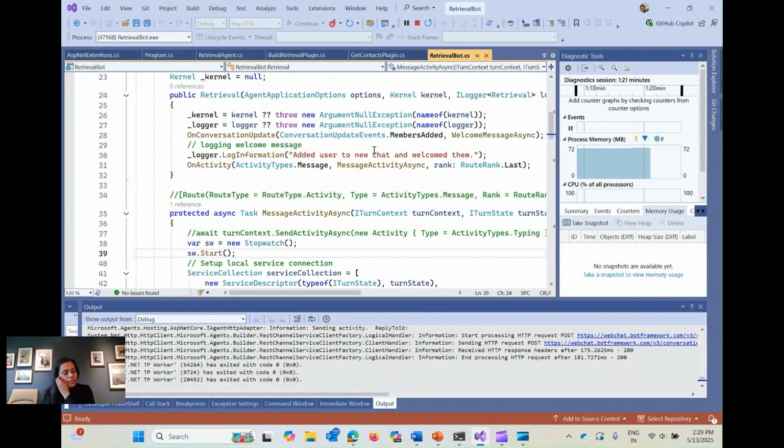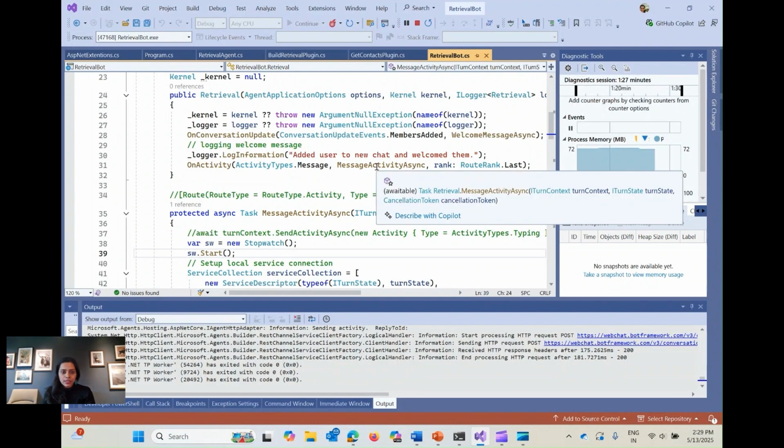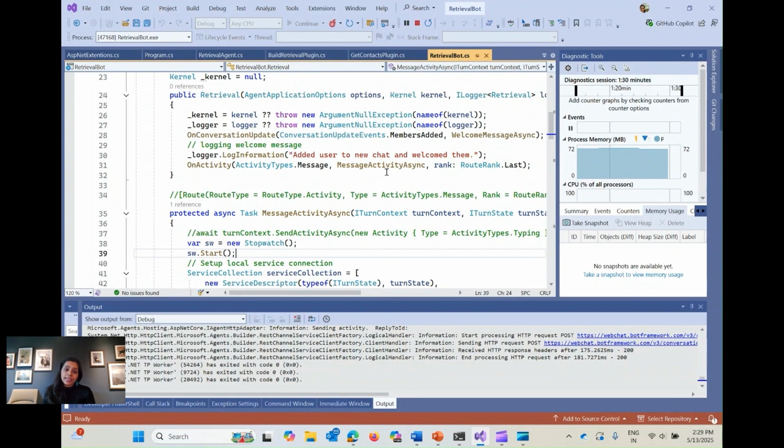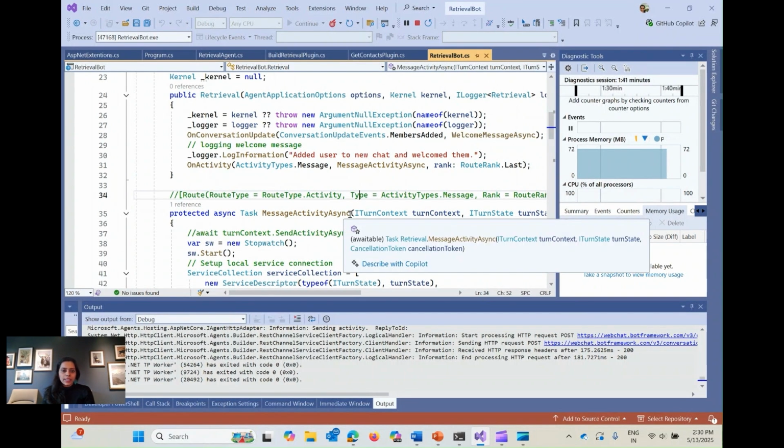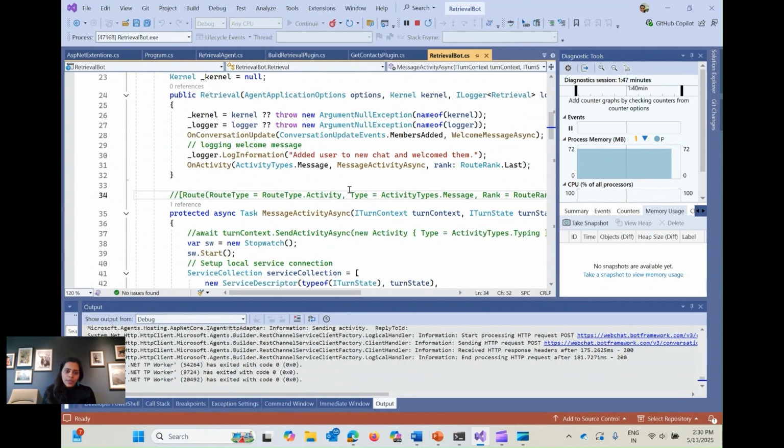Here I have my agent running, and I have wrapped it inside the Agents SDK. So now I have access to the message activity, and so I can send a welcome message when a new chat window gets created. And I can also invoke my agent when a message activity happens. For example, when a user sends a query to my agent.